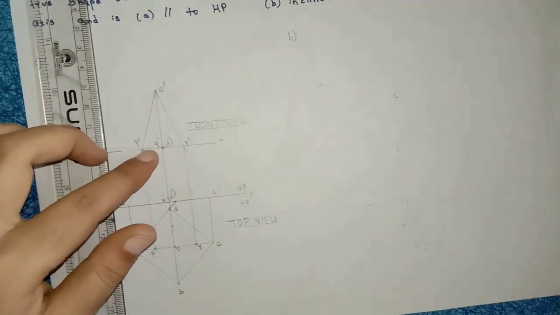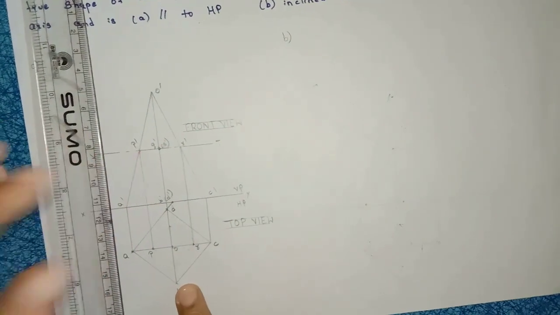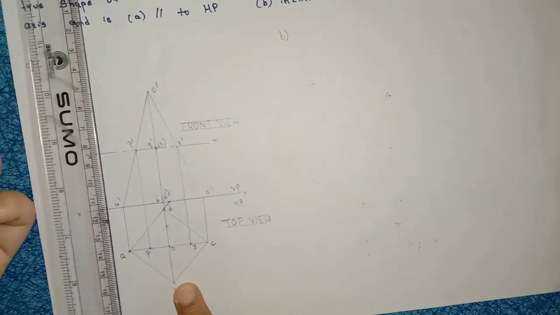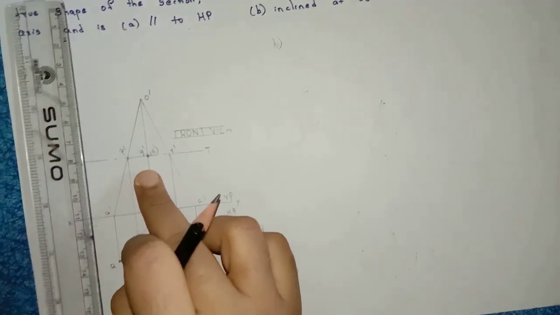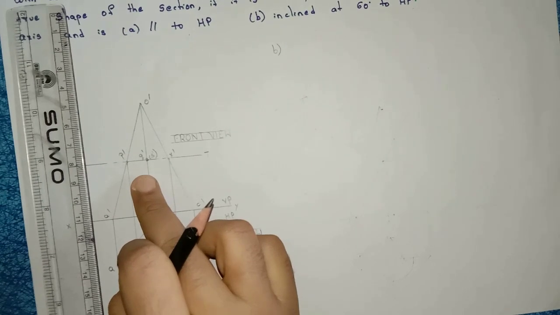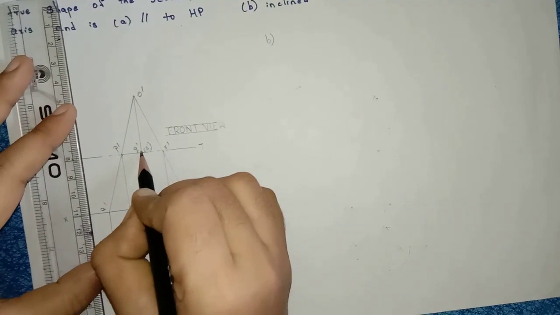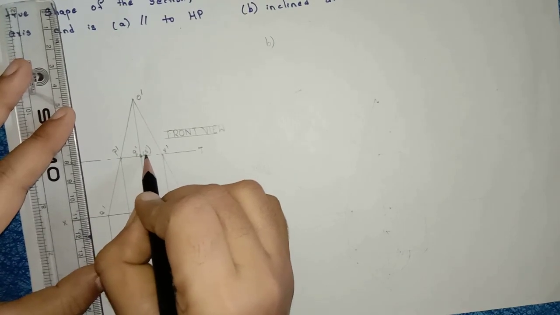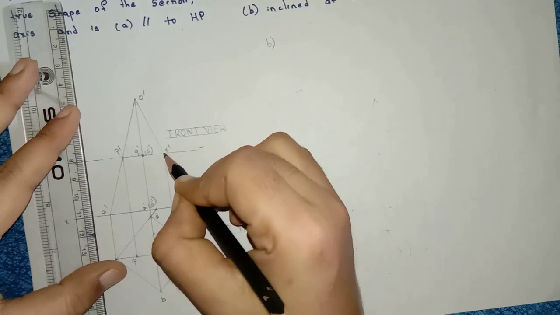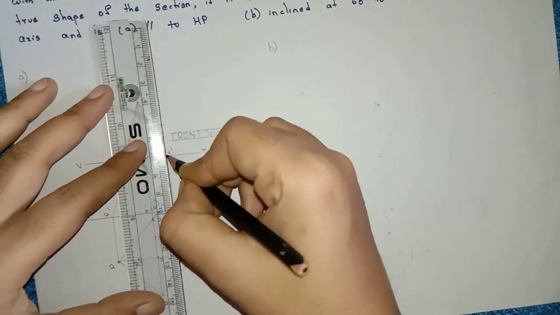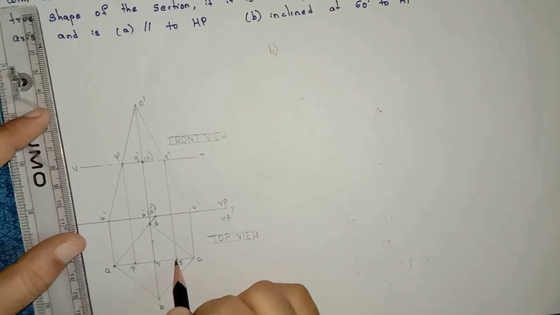Now how to mark this Q and S? If you project this one, where will you mark? Whenever the points are on the midpoint line, how to mark them? From Q dash, S dash, draw a straight line to the slant edge. Now from this point, draw a straight line till OC. Anyway, this is the line.